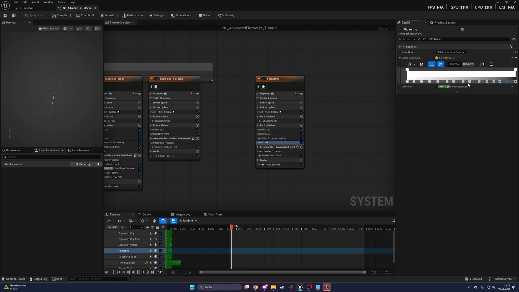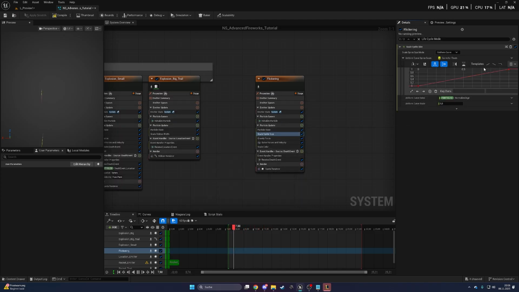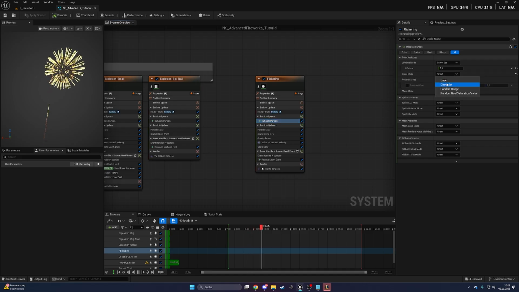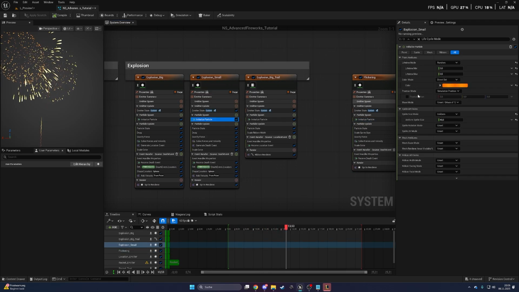Inside the alpha, we're going to add a couple of keys by double clicking and letting them alternate between values of 1 and 0. You can always adjust the flickering speed by adding more or fewer keyframes. We also want our particles to gradually get smaller over time, and we can do this through a scale sprite size. For the color, you can just copy-paste the code from the small explosion into your flickering color